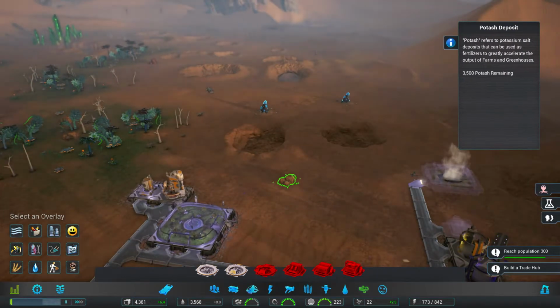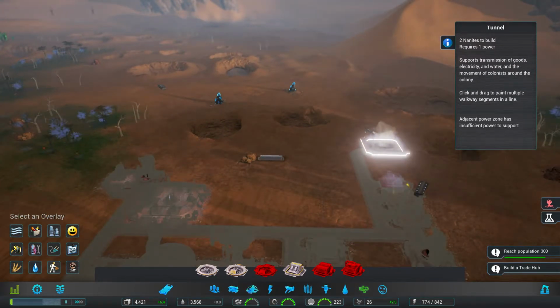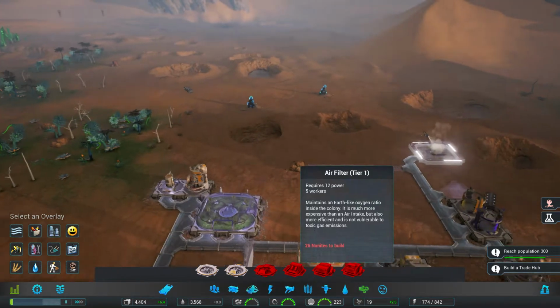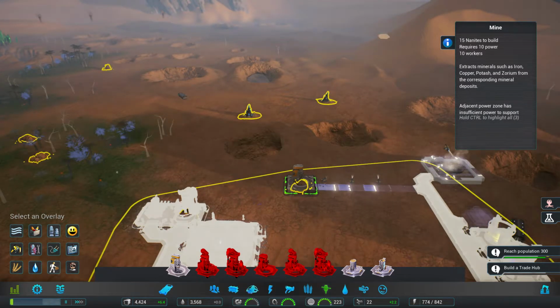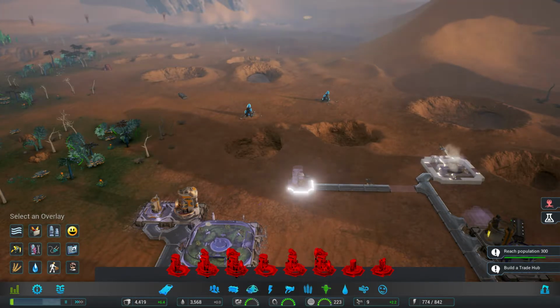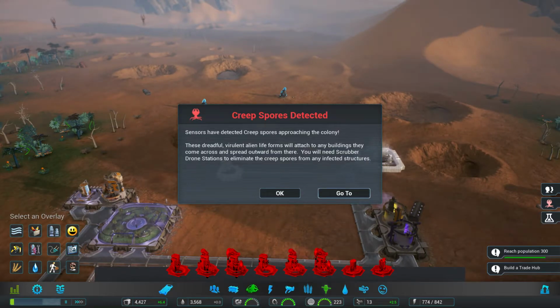We could, and we will, get some of this potassium. Potassium is going to be amazing. It's going to help my farms grow a lot faster. And for those of you who have maybe never used it before, I would highly suggest at least having one on your map being mined. You don't need a whole bunch of it. It does seem like it...